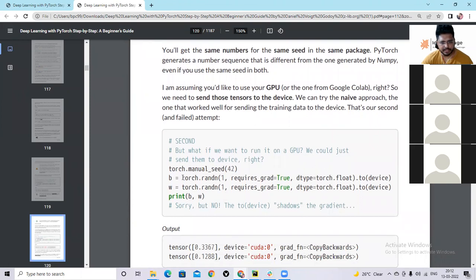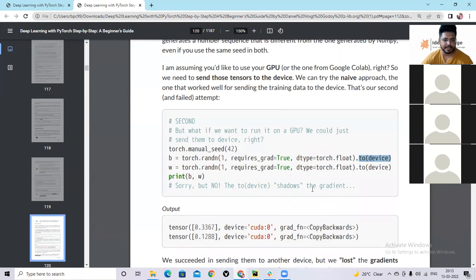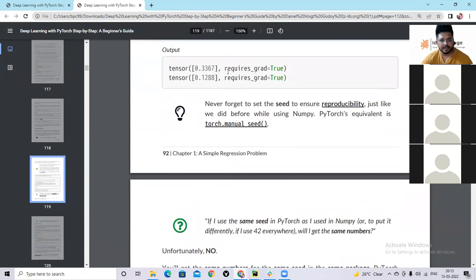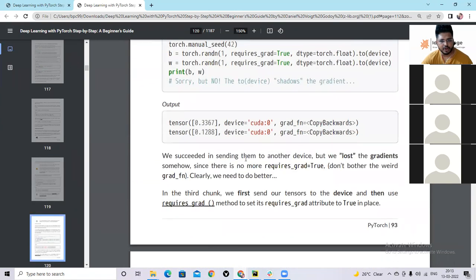This much we already saw. Another thing remaining is to send that tensor to the device, right? Because we have to do our gradient calculation on the GPU, not the CPU, for maximum speed. So we send b to the device, and w also. But here is a problem. If you do this, it shadows the gradient parameter. Now when you print b and w, the requires_grad=True is gone.